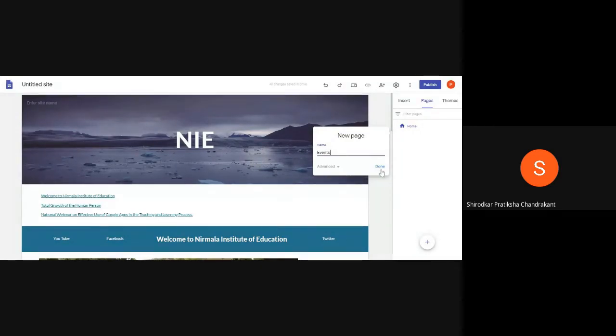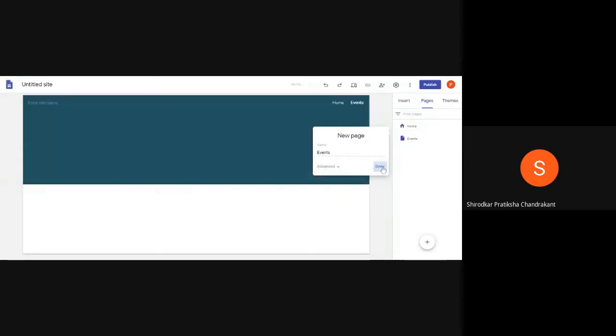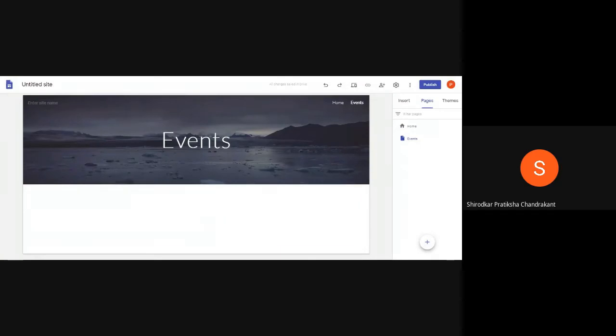Now, if you see to the right of done is something advanced. If you click on advanced, one more thing comes here, that is custom path. We'll see what this custom path is sometime later. For now, I'll just close this and click on done. The moment I clicked on done, you can see an icon has come here, that is events, and next to that are 3 vertical dots.